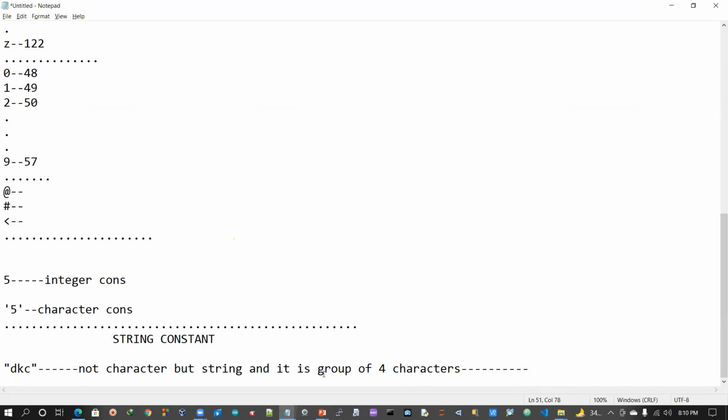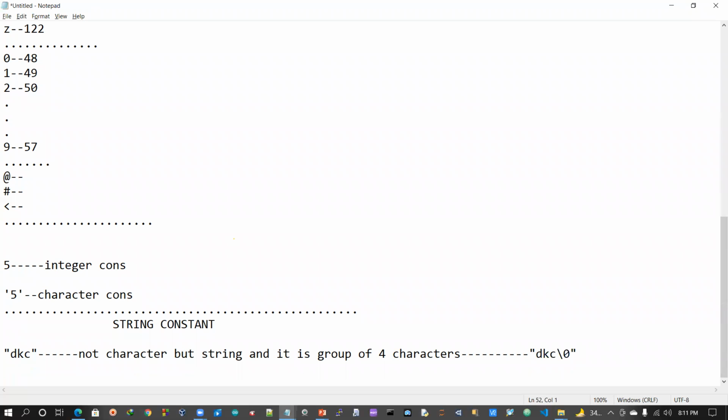Okay, so see here. Now tell me why I'm saying 4 characters, but here I have only 3 characters. Is it because the quotation counts as characters? No. Actually, what is happening? The compiler stores DKC and at last the null character. How is the null character represented? Backslash and 0. Okay, so this is the total concept. At the end of any string, the compiler puts the null character automatically. You need not put the null character manually. Understand? This is the very important point.